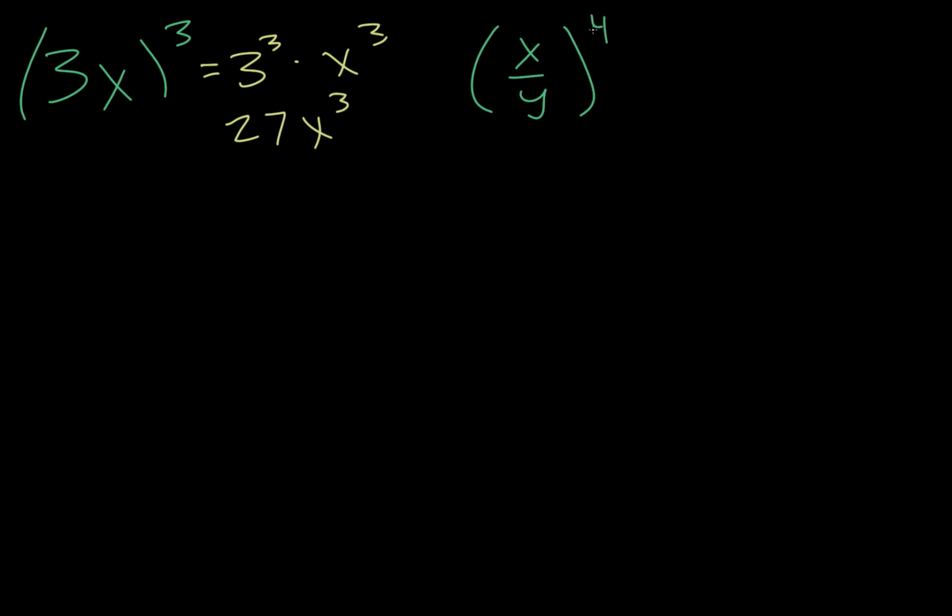This one we distribute the 4 to both pieces, so we get x to the 4 over y to the 4, and that's all we need to do on that one. Okay, the next one